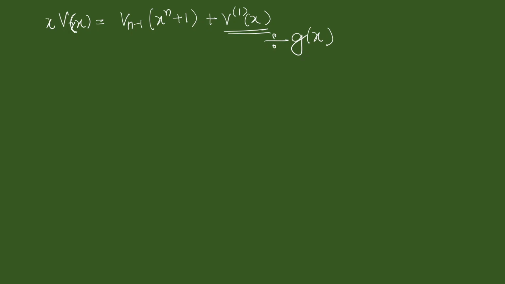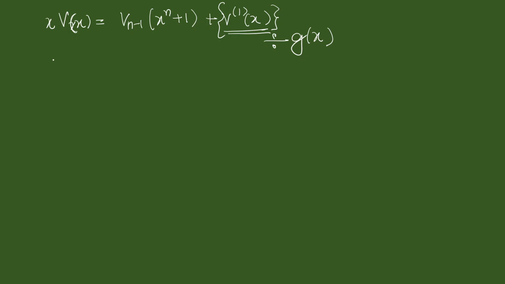What we are trying to do here is justify that this 1-bit cyclic shifted code word is also another code word. How do I judge that? Assume that I'm dividing the entire equation by g of x. Since v of x is divisible by g of x, the code word must be divisible by g of x. x into v of x will also get divided.